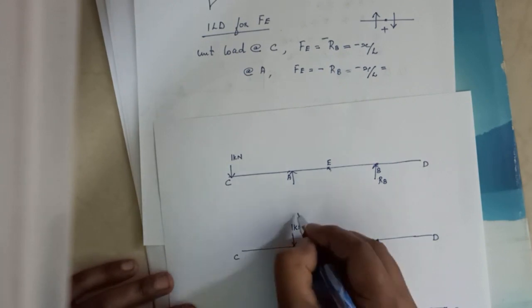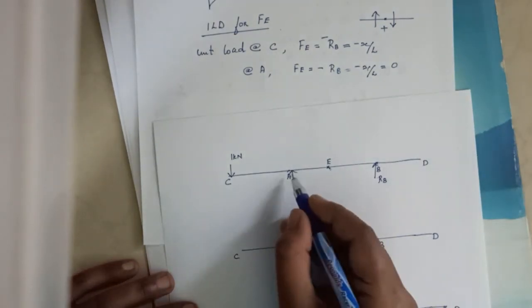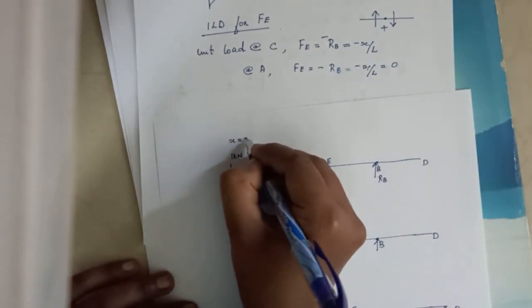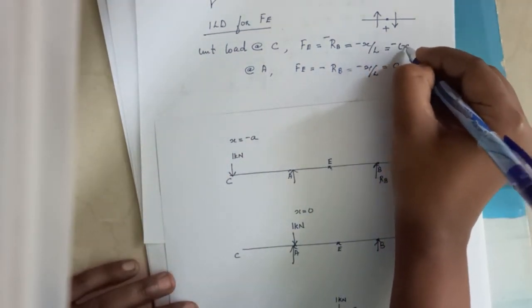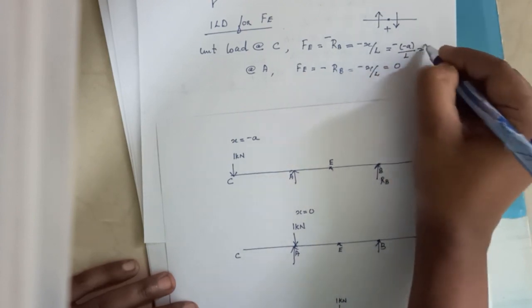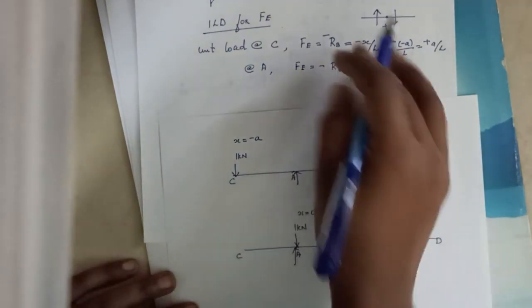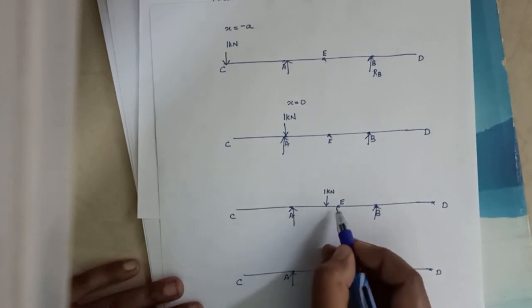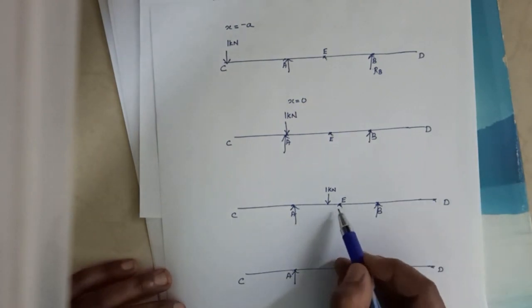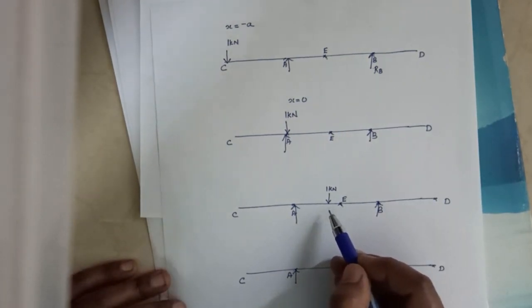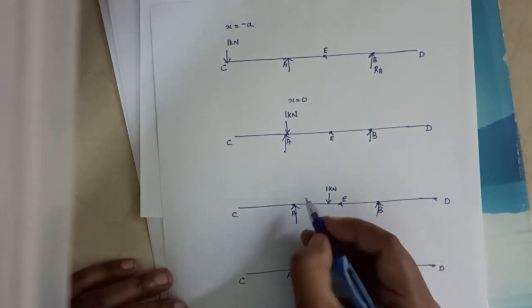In this condition, x value is equal to 0. Therefore here the value is 0. In the previous condition, x is equal to minus a, therefore here the value will be minus of minus a by L, which is equal to plus a by L. Okay. Then third position, considering the section E. Then left side of the section, that is if the unit load is placed left side of the section